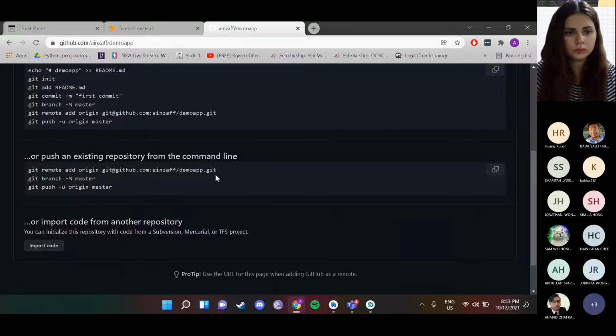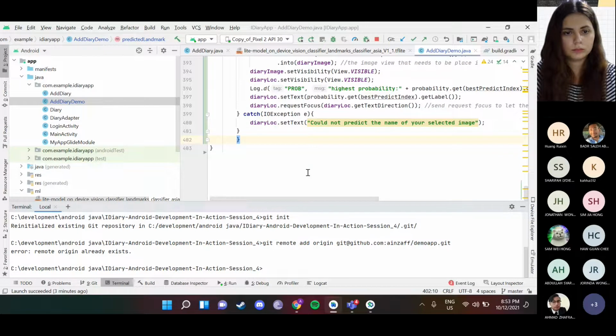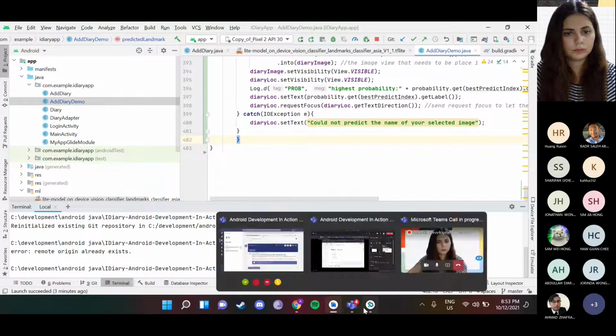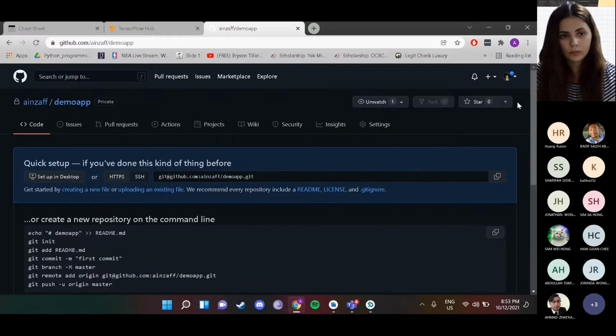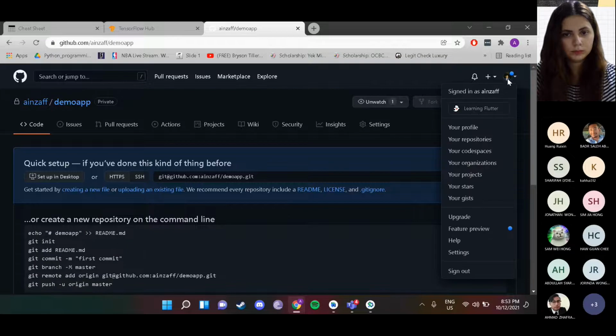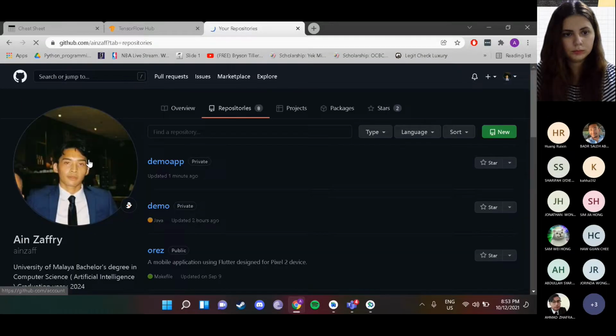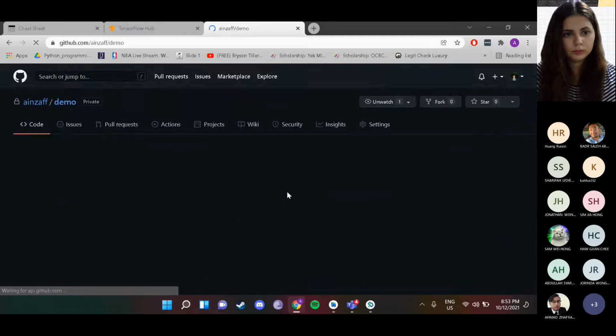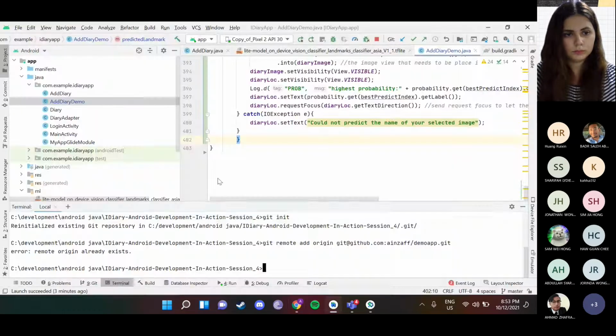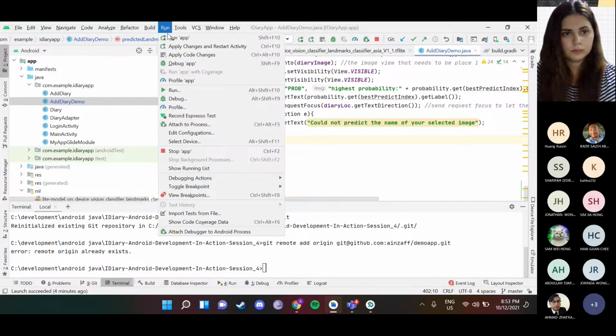Because I've already actually made another repository, that was just the demo. But let's just go to the other repository. So this is the repository that I made before. It should just connect to your remote repository, and with that, you can use the